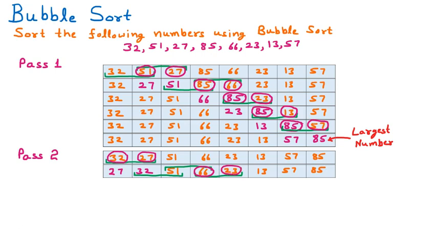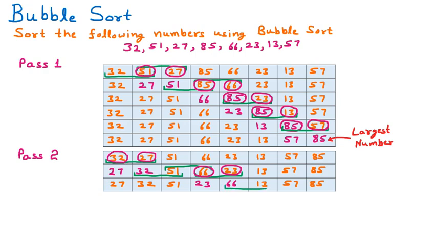So inserting one more row. So 23 will come here and 66 will come afterward. And all the remaining elements will be as they are. So now again we are going to compare the next two numbers. So we are comparing 66 with 13. We know that they are not at the proper place because 66 is greater than 13.